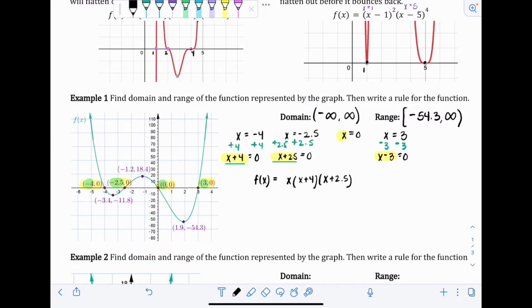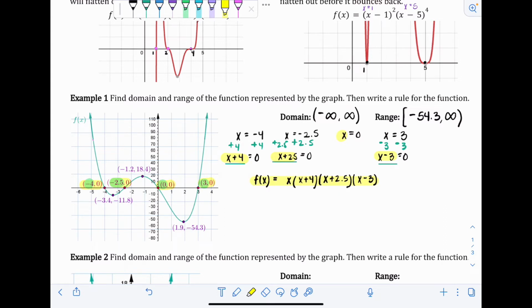And then next I'll do the x minus 3. And again, order does not matter at all. You really don't even have to put the regular x in front. It can go anywhere within that product. Okay, so now what we've done is we've written a function, and this is not the final answer yet, but